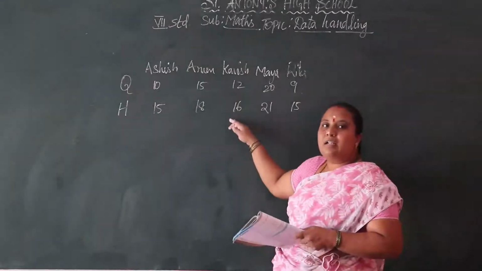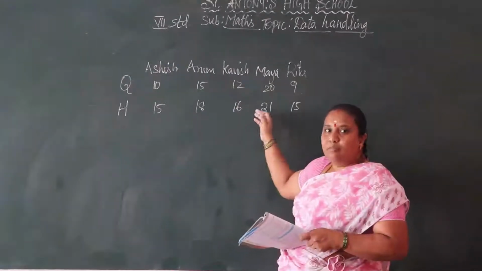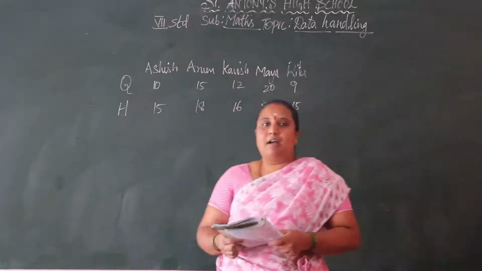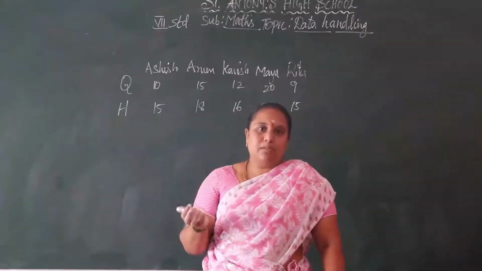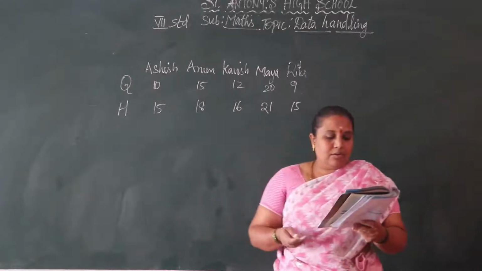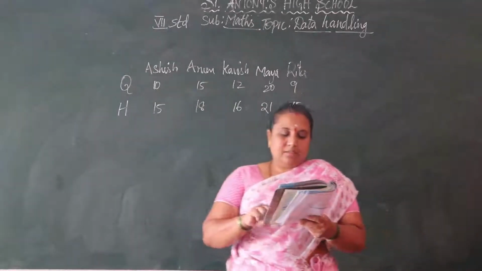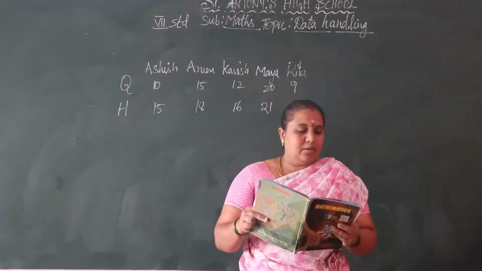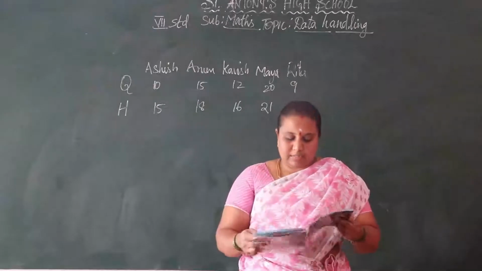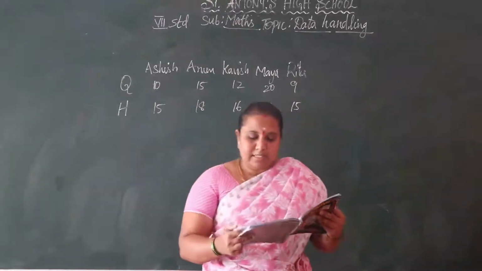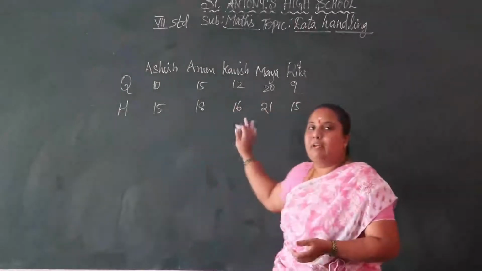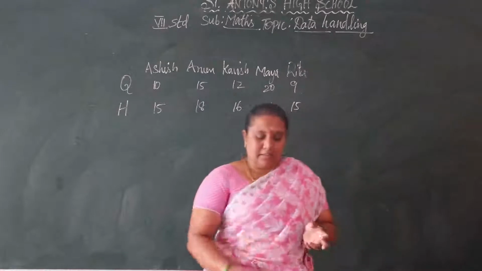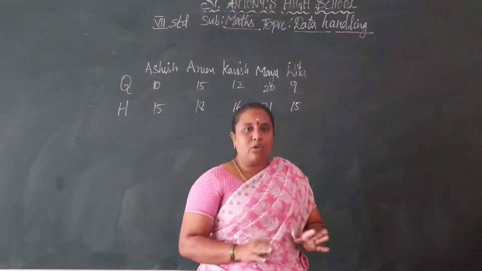Here we can say all the students gained more marks compared to the quarterly, so the teaching is effective, but we should show the marks using a bar graph. There are no other questions asked here in the question. We only have to draw the double bar graph for this.